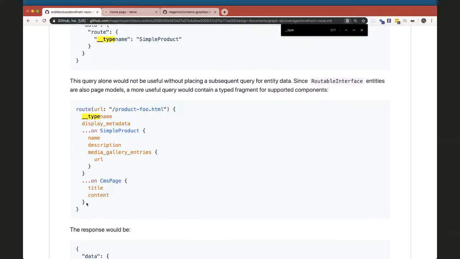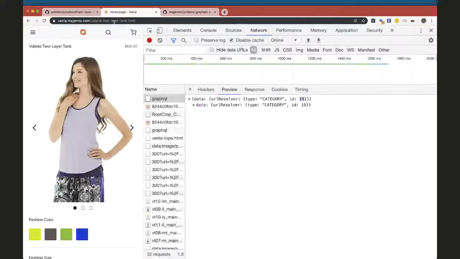Okay, I have quite a related question, but don't direct. Why did we decide to make routing on the server side, not on the client side? Because the business user should be able to change routes. In Venia, like this Deliria 2-layer tank, that's a URL key that's controlled on the admin side in the product